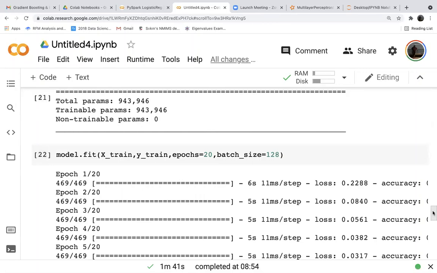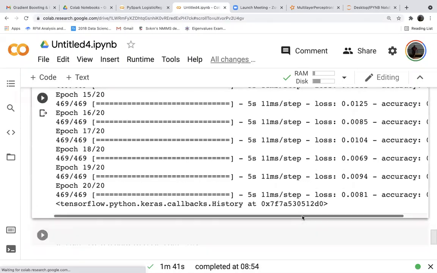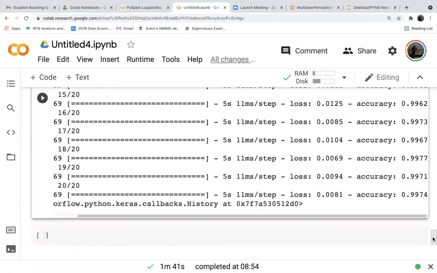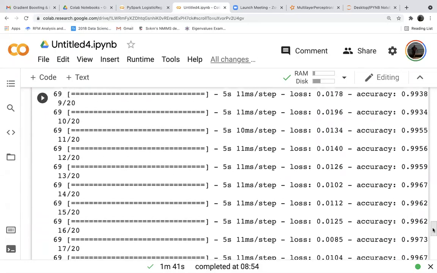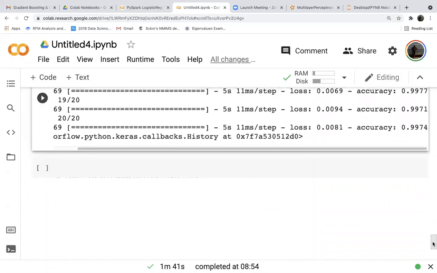Okay, so it has run the model. I think I got an accuracy of 99.74. Then we have to evaluate on the test data, right? How much we are going to get on the test data. That is also very important. If the test data accuracy is also close to 99, that means there is no